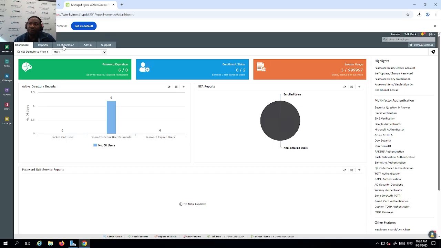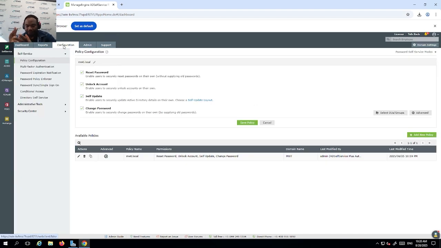So let's just focus on the target for today, limiting user password. When we go to the configuration, we go to policy configuration. We can reset, we can choose what the user can use. So in this AD self-service, we are using